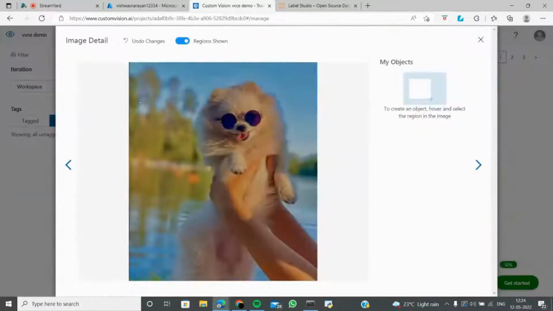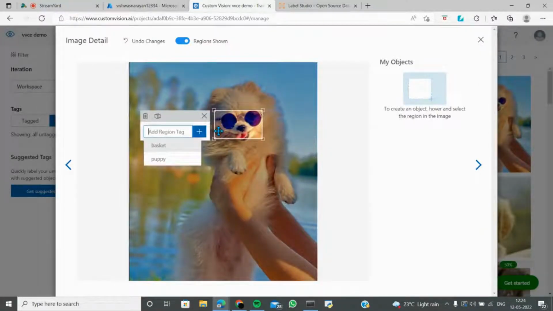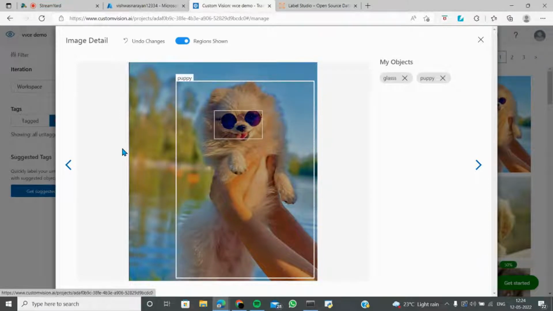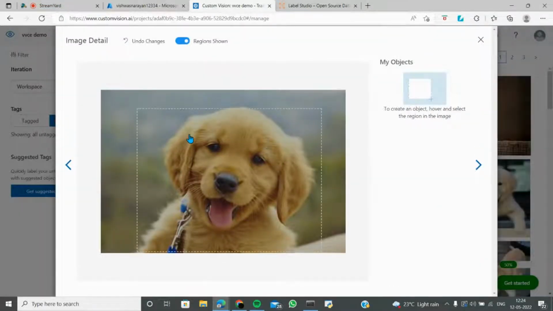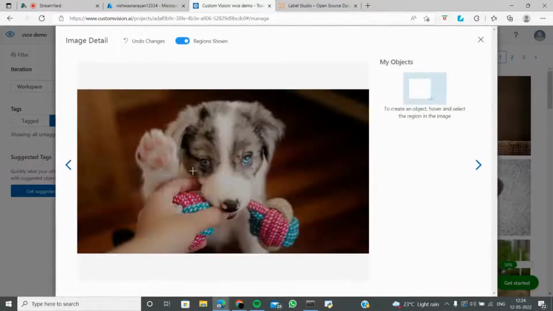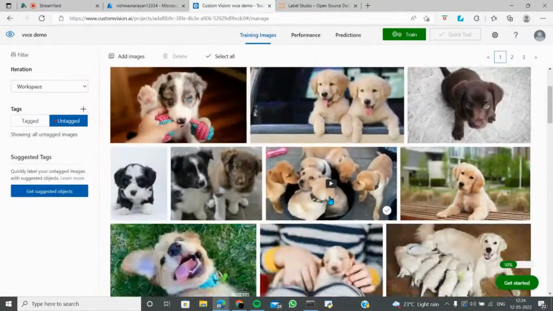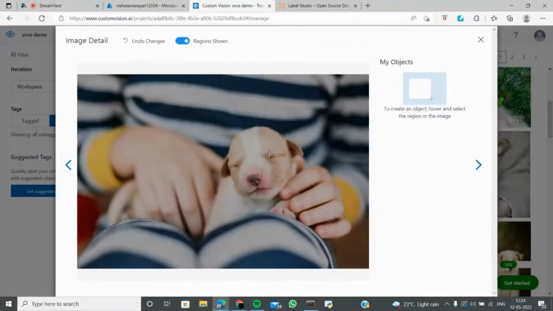So let's just turn it off. I think this one is cute, cooler. It's very cool, by the way. I think I can do a glass here, and a puppy here. Yeah, that's perfect. I think we have to wait for a while. It's better that I just do annotations as soon as possible. Puppy is already here, so it knows that puppy is already there. Let's just do a puppy.